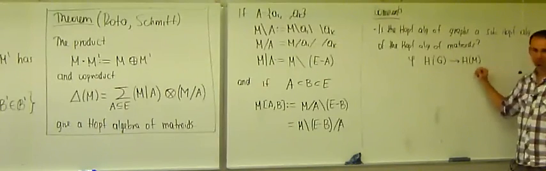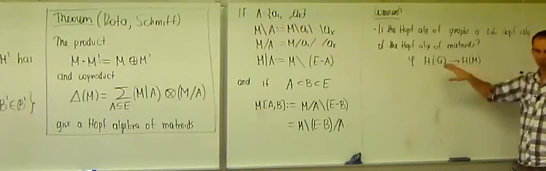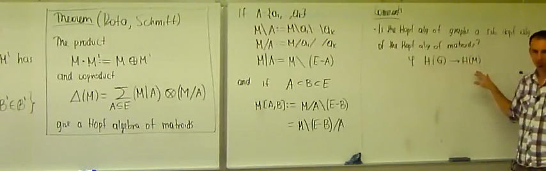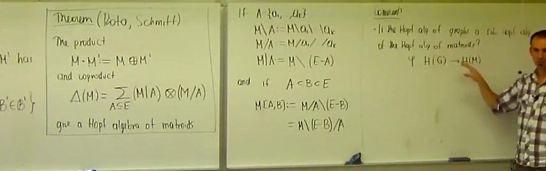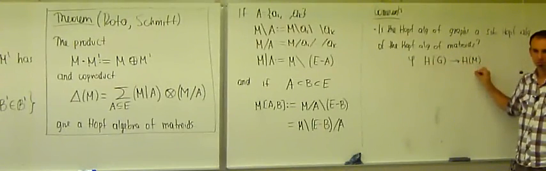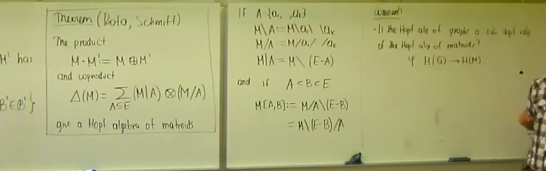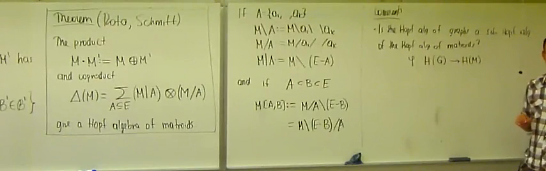It's not surjective, but I don't need it to be an isomorphism because I just want to know if this is a subalgebra. In other words, I need to know if this lives inside here. So what property would I need this map to satisfy if I want this to be a subalgebra of this? Would it be enough for it to be a homomorphism? It is a homomorphism, and it's not enough because it needs to be injective, right? Because,